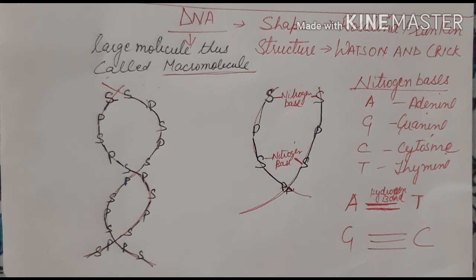Now here you can see in the diagram, the double helical structure is made up of two strands and the backbone of the strand. These strands are made up of sugar and phosphate molecules arranged alternately, and in between the sugar molecules the nitrogenous bases will adjust themselves. So we have four types of nitrogenous bases: adenine, guanine, cytosine and thymine. So the backbone of this double helical structure is made up of sugar and phosphate molecules arranged alternately.